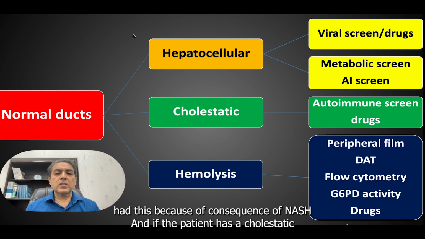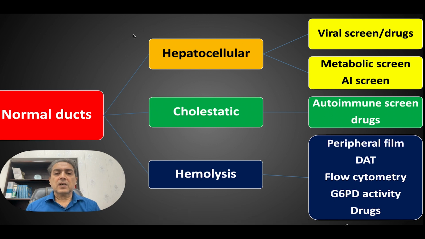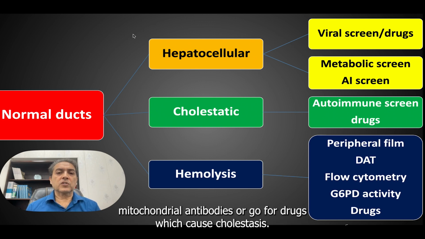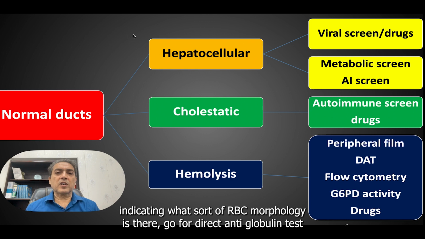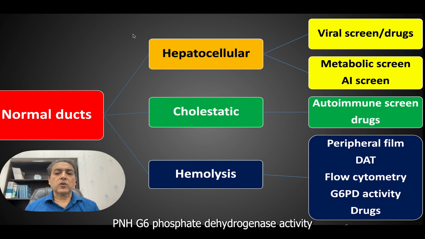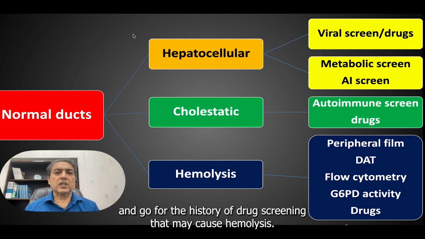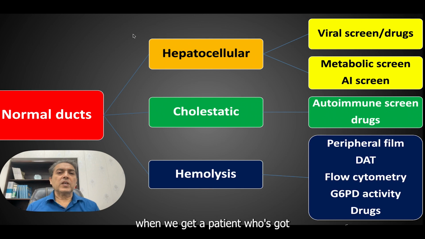And if the patient has a cholestatic type of picture, go for an autoimmune screen, that is mitochondrial antibodies, or look for drugs which cause cholestasis. And if the patient has hemolysis, then go for a peripheral film indicating what sort of RBC morphology is there. Go for direct antiglobulin test, flow cytometry to see if there is PNH, G6PD activity, and go for the history of drugs that may cause hemolysis. For example, ribavirin may cause hemolysis. So this is how we go when we get a patient who is